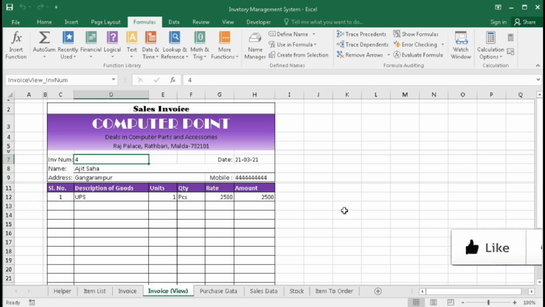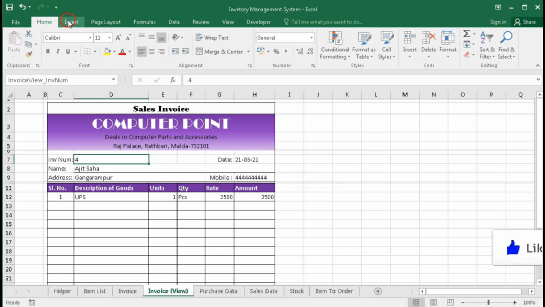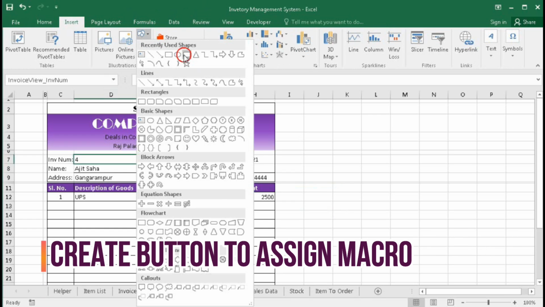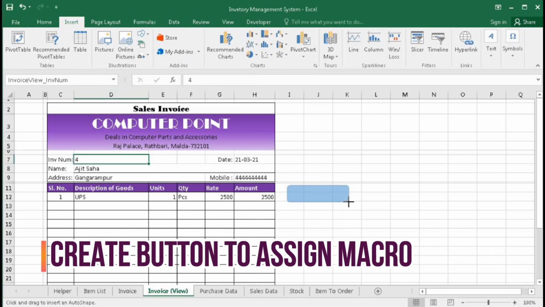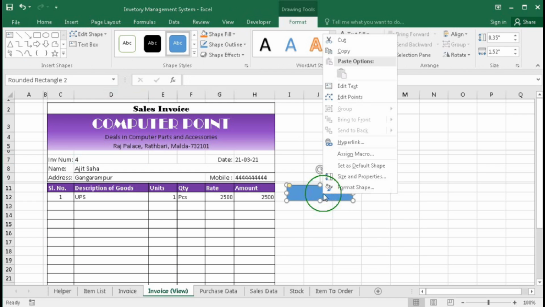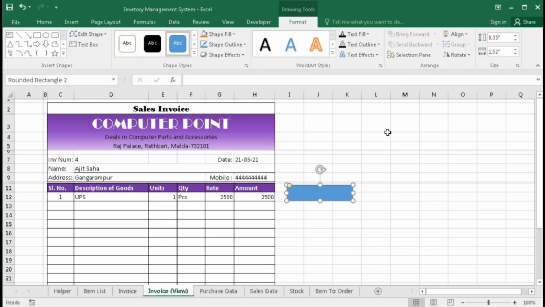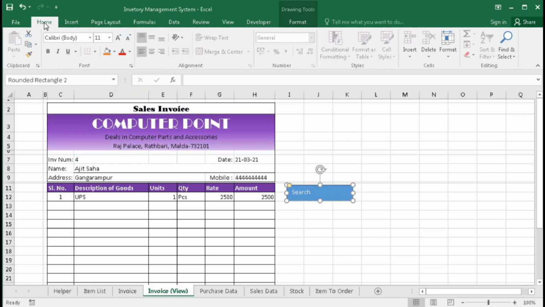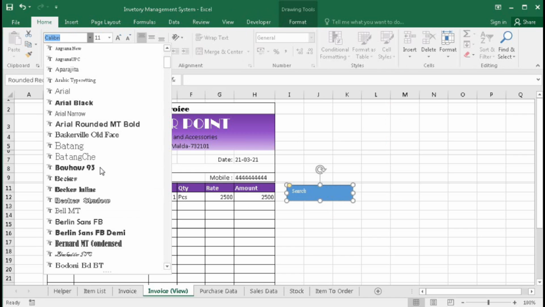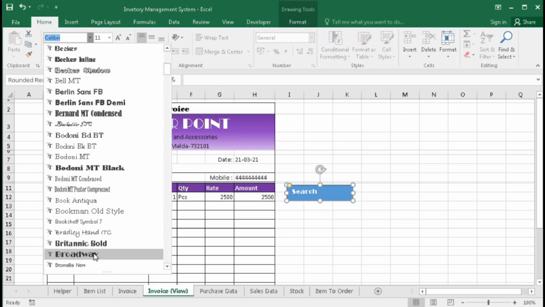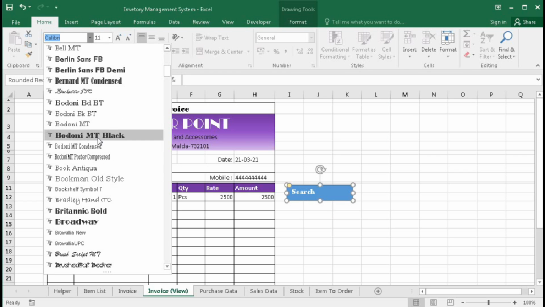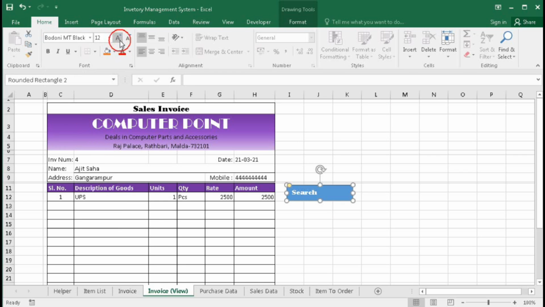So now we will create a button for this. So go to insert, select a shape, draw the shape here and type here edit text and type search, and go to home, select any font you like, then increase the size.